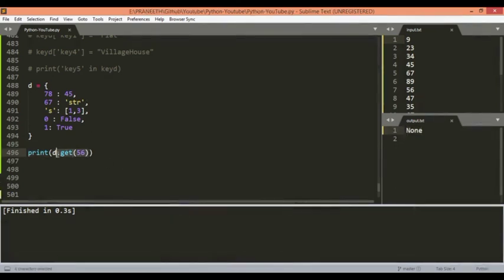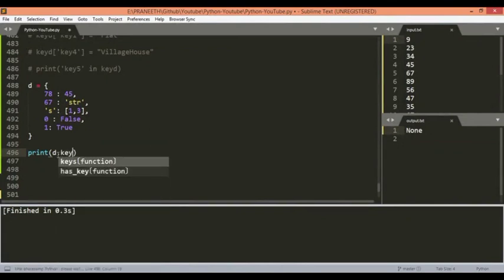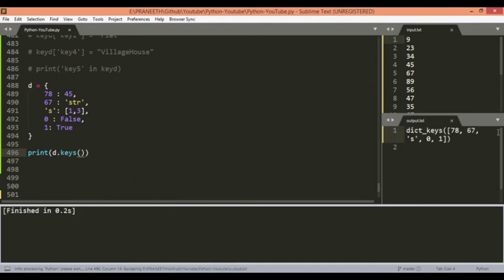So another method present in the dictionary is d dot keys. If we run this, you can see dict underscore keys. So the keys present in the dictionary are given in the list format. If we take this and then use the list function to create a list of this data, then we can see a list of all the given keys in the dictionary.